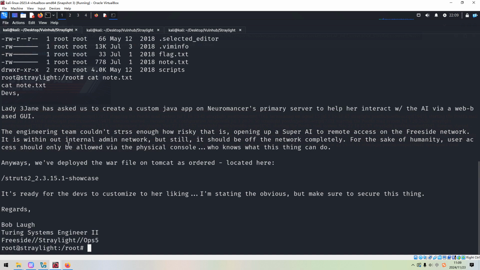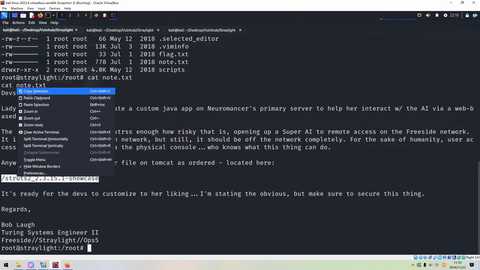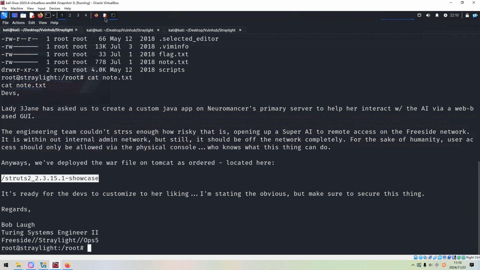It is within our internal admin network, but still it should be off the network completely. For the sake of humility, user access should only be allowed via the physical console. Who knows what this thing can do? Anyway, we've deployed the WAR file on Tomcat as ordered, located here. So maybe this is the directory we need to keep in mind as we move forward.